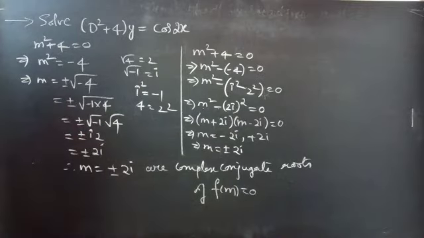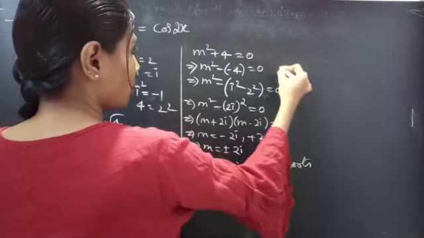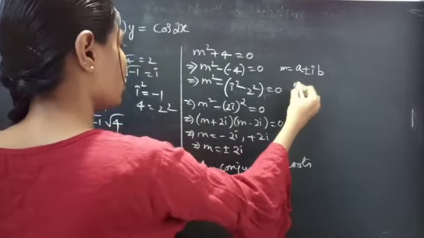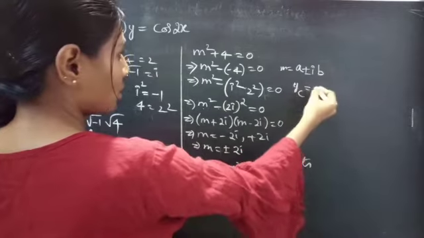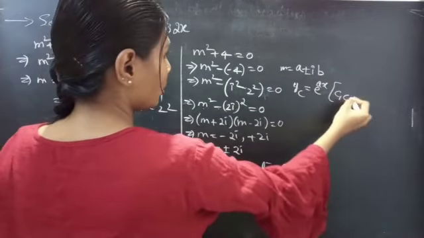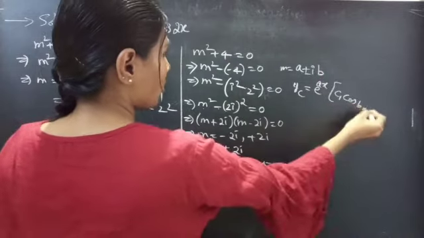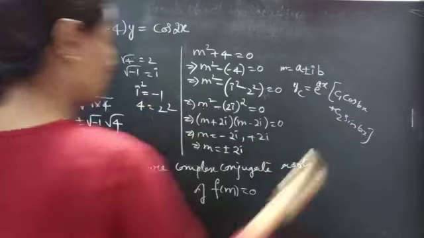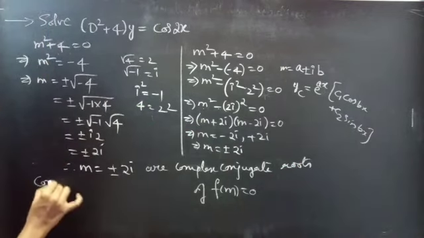Now we need to write the complementary function. We know that when m equals a plus or minus ib, we write the complementary function as e power ax into c1 cos bx plus c2 sin bx, right? Then our complementary function will be